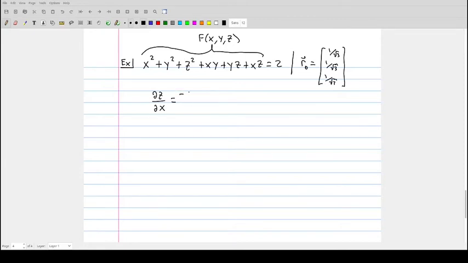It should be equal to negative fx over fz, which is negative 2x plus y plus z, divided by fz, which is 2z plus y plus x,